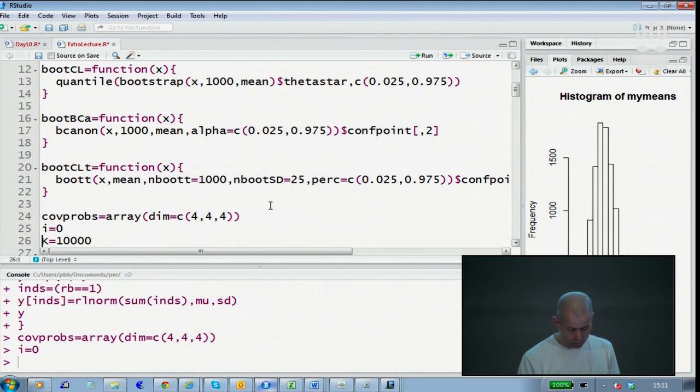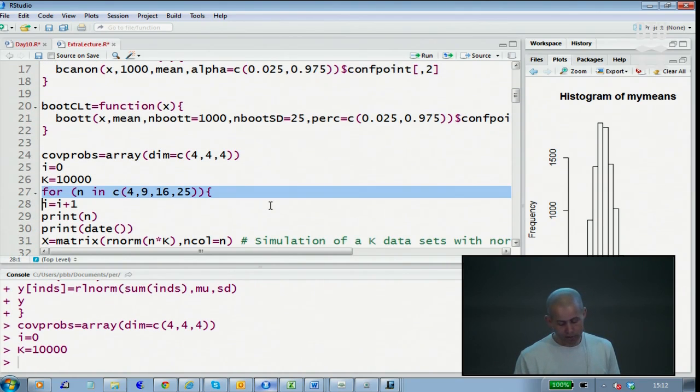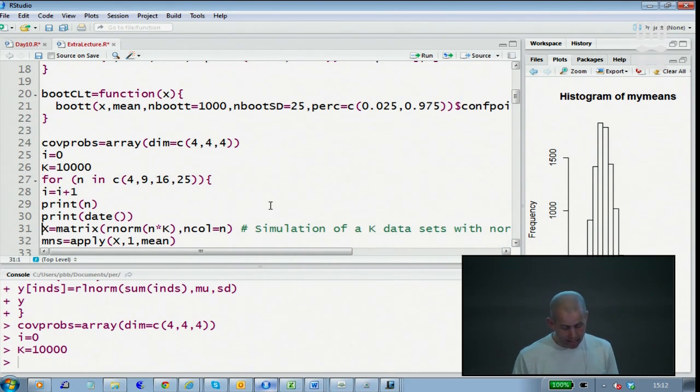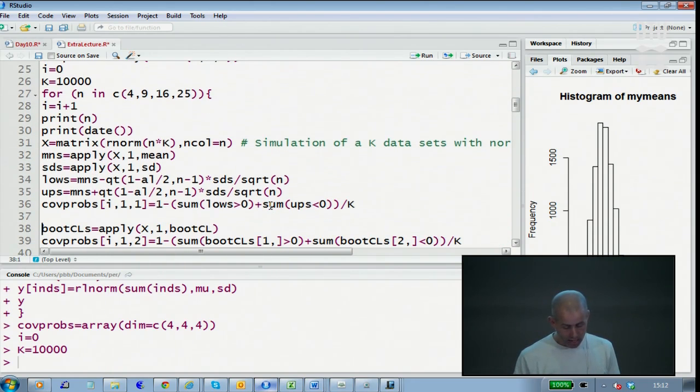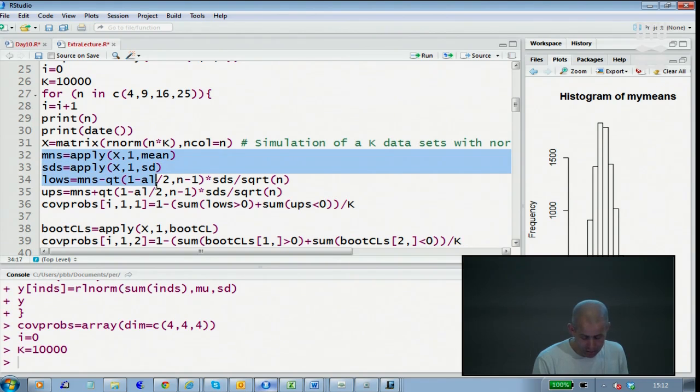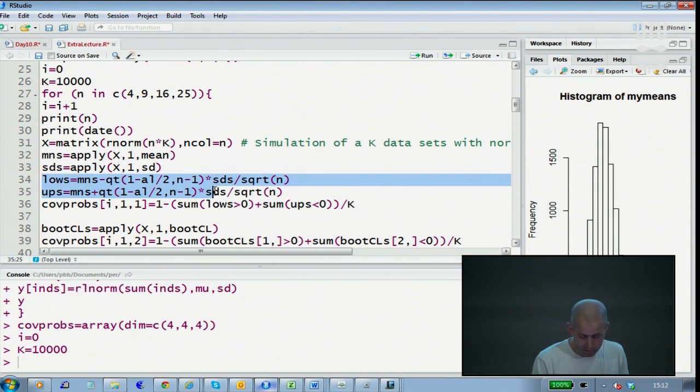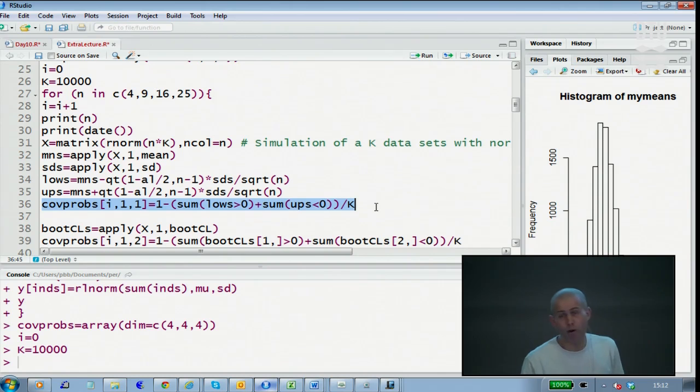Then I go on, I shouldn't do the details for you, but for each of these n's, 4, 9, 16, 25, I do, just as an indication, my normal distribution simulation. I will go ahead and do the classical t-testing here. Basically, that's what I do: I construct the lower and upper confidence limits by the t-distribution, and then I count, this is the key point of simulation, how often I include the true value in this confidence interval.